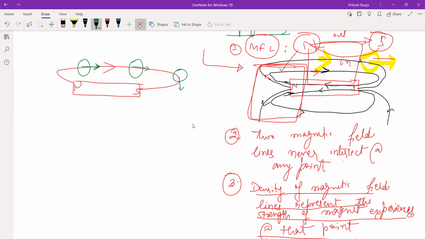If you talk about the experiment, we can do a simple one. You can take a paper, fix a magnet at the bottom, and sprinkle some iron pieces. You will see that the iron pieces align themselves in this direction. But even this does not tell whether it is from north to south or south to north. For that purpose, you have to use a compass. You will see the compass is deflected in this direction. Why is it deflected in this direction? Because the compass needle is a north pole, so it will be repelled by this north pole and pointed in this direction.